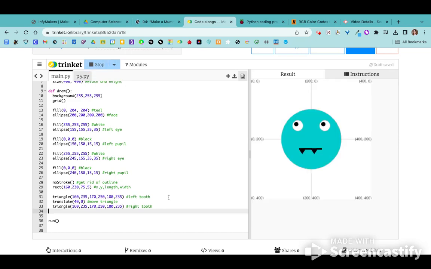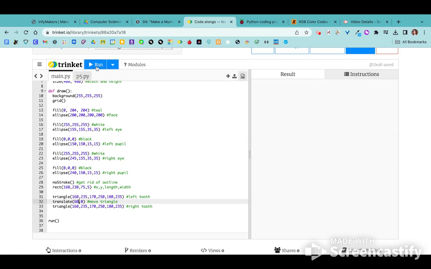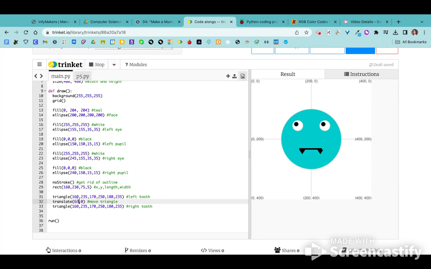There we go. Okay. Although that is still not far enough over there. I want it to go a little further. So maybe let's increase that 40 to 60 steps on the x-axis. And let's try it again. Oh, too far. Okay. I'm just estimating to see if I can get that on the end there now, because I miscalculated. There we go. And now we've got 2 triangle teeth. And I'm just going to make a note here that we use translate to move our triangle along the X